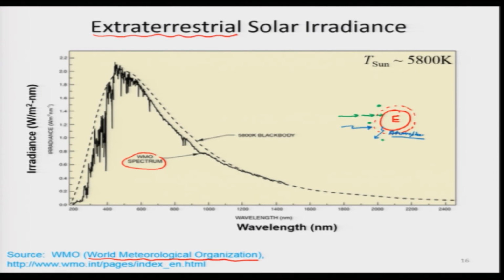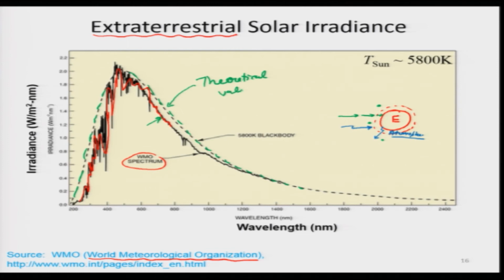So, coming back to this particular spectrum over here. This measurement which is shown in black line, I can highlight it as a red line over here. We will see very soon what this black body spectrum is, which is drawn with the dotted line over here. Maybe I will show it with the green line. So, this dotted line we can represent with green over here. What scientists have tried to do is overlay the red and the green together, and there is a very good match with the theoretical. The green one is the theoretical curve.